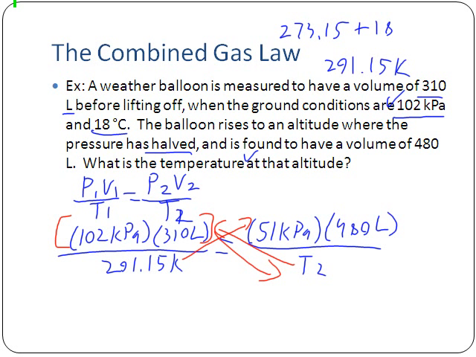And then you're going to multiply that times the 291.15 from the bottom of the left. And then you're going to divide that by the two guys on the top on the left, which are 310, and then divide that by 102. So overall, what we end up getting for this is that T2 is equal to, unrounded,